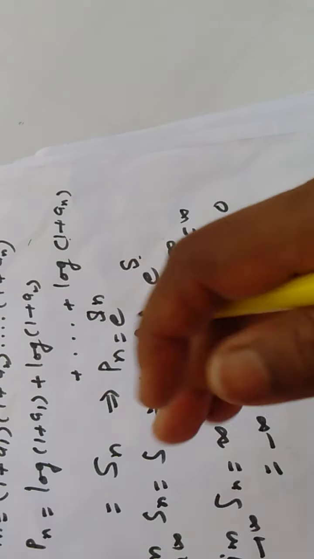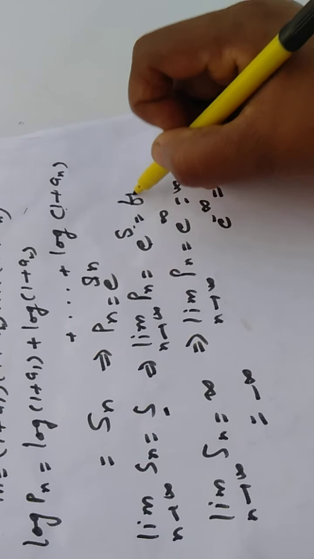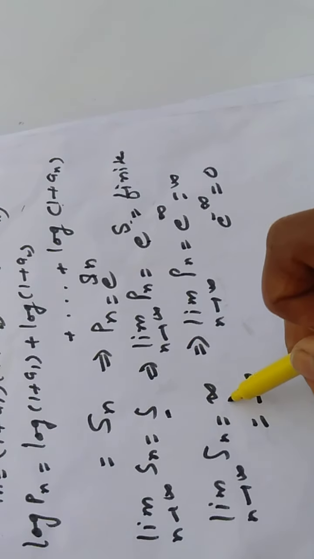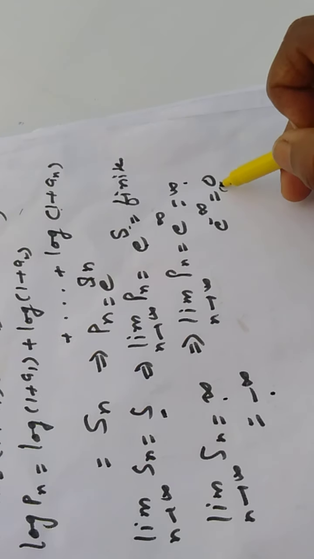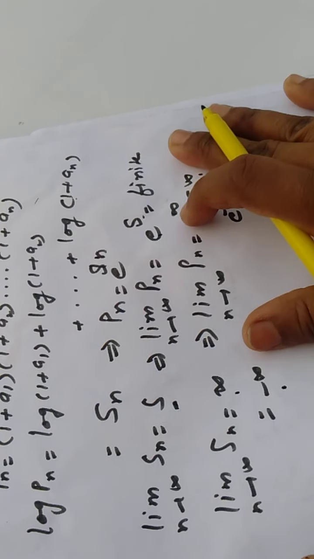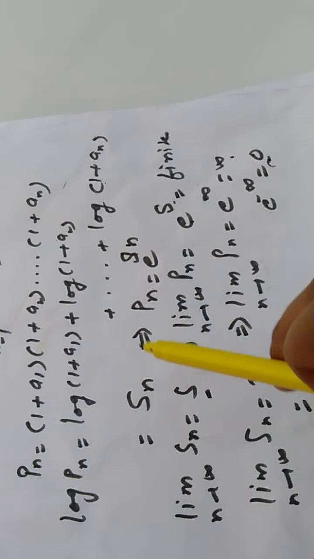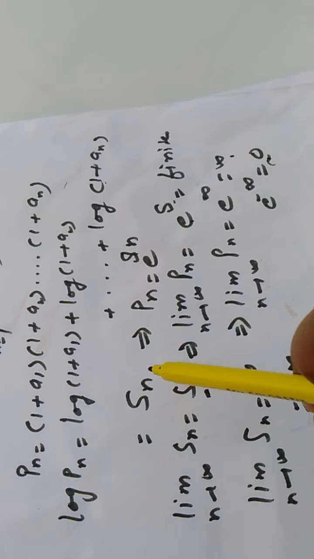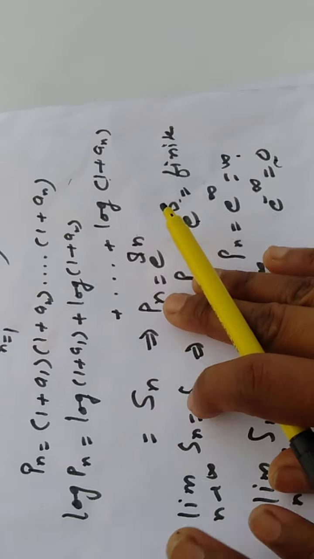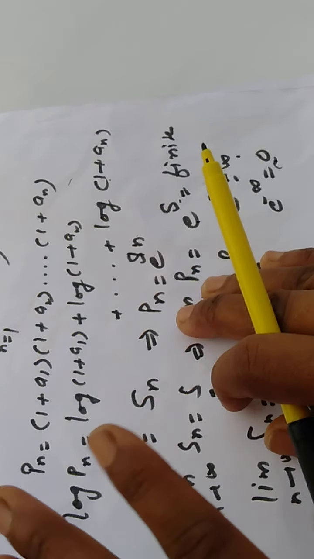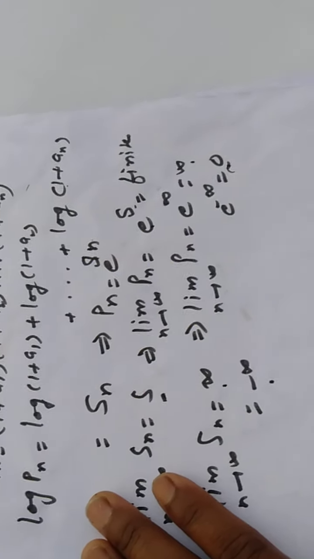So in all the cases, here it is convergent, so the product is convergent, because if S is finite, this is finite, right? If it is plus infinity, again the product is divergent. If it is minus infinity, then the product diverges to 0. So you can say that the convergence or divergence of this Pn is the same as the convergence or divergence of this Sn, and since we have studied infinite series and sequences of partial sums, it will be quite easy for us to discuss infinite products by converting them into infinite series, right?